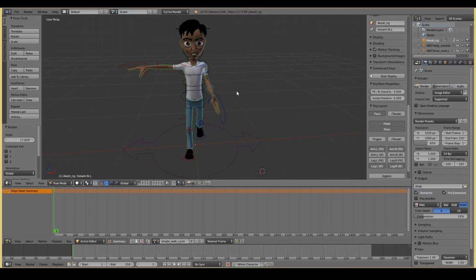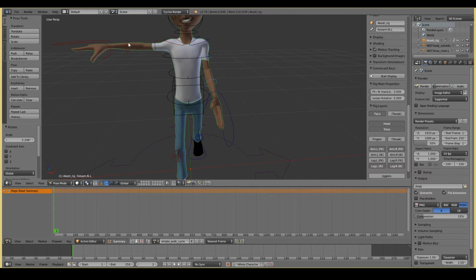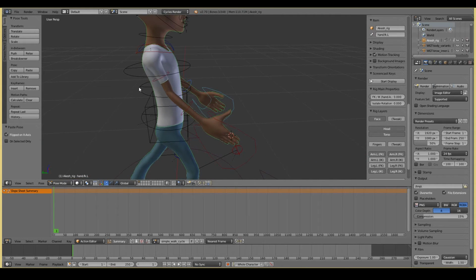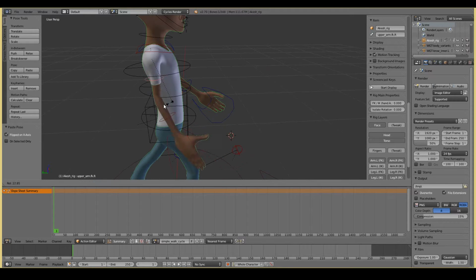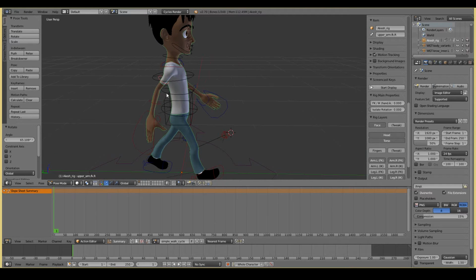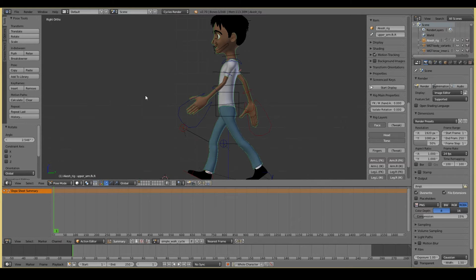And now what I want to do is copy that pose of the hand to the other side. So I just select these three, hover over this, which is the copy pose button. And now I'm going to press this one, which will flip the pose. And thus now the right hand will be affected, and it will copy the same pose. But this time I want to have this going in the opposite direction, because when the right leg is in front, the right hand goes back. So that's about good. Okay, so from a side view, that's good. I think that should be right.